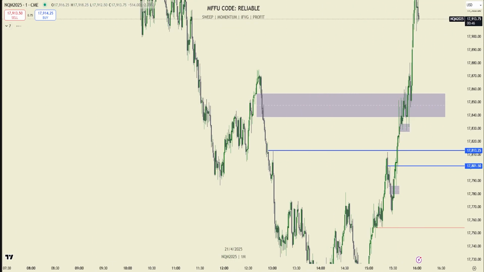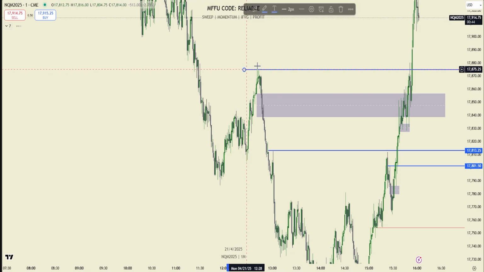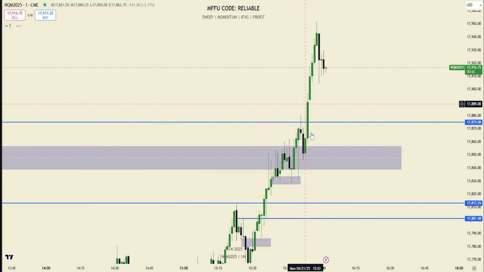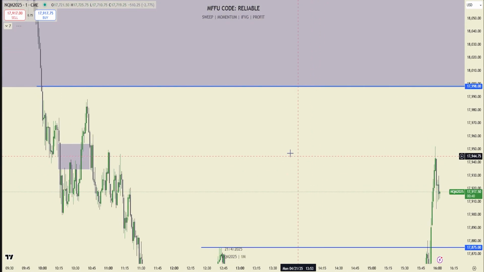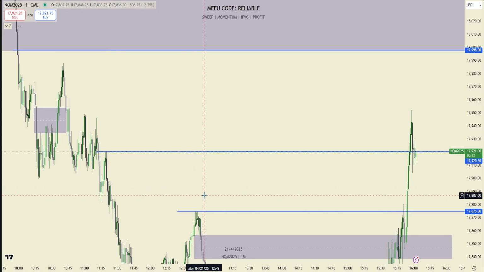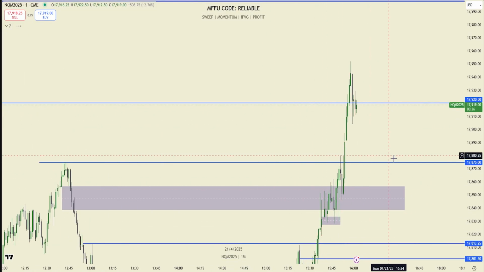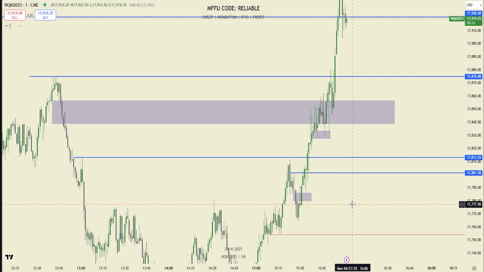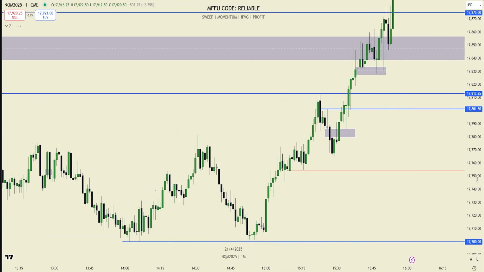And your liquidity targets would have been first this high, and then, I don't know, maybe these highs here, you could have tried to target any of these, and just scaled, right? This is a high inside of a fair value gap, so that kind of makes sense. But yeah, all hindsight now, I guess. Yeah, for sure, Apoth.